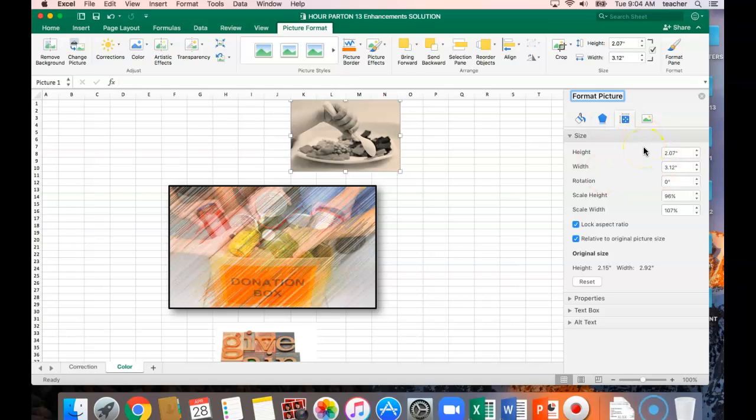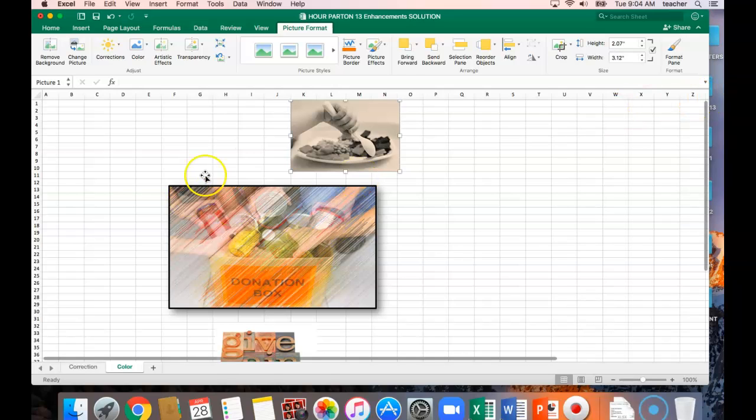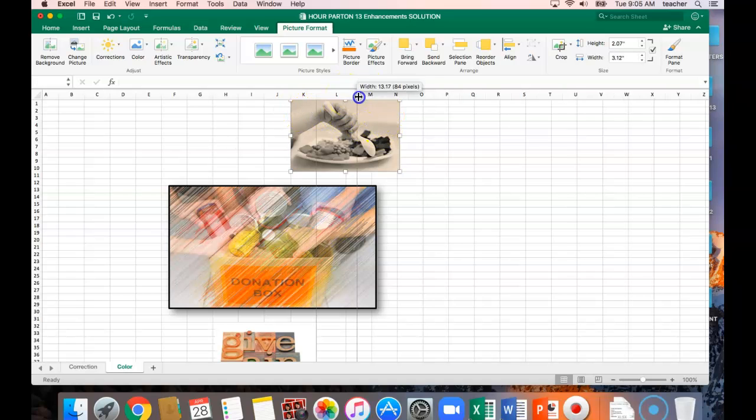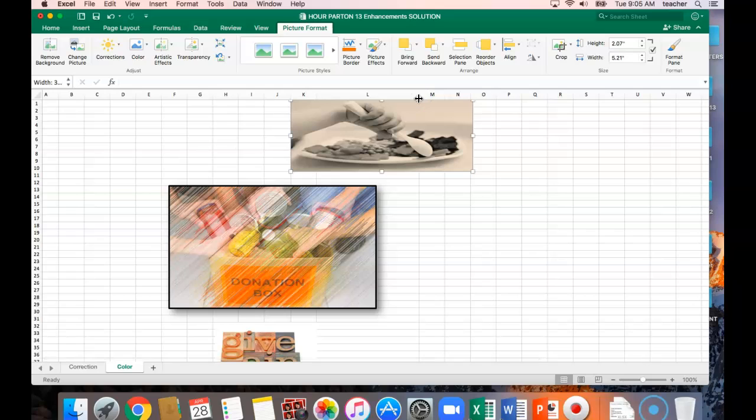We want to go to properties and we're going to click on where it says move and size with cells. And then we're going to close this. What that did was it linked it with these cells. And so if I go up here between L and M and make L and M bigger, that picture is going to get bigger